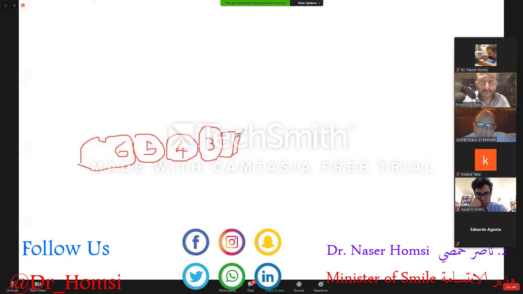So we can draw here 1 and 2 with their roots going slightly to the back, and we have the center of resistance here. I decided to bond the wire on the buccal position, and this has for sure created